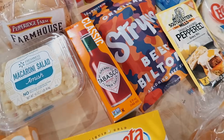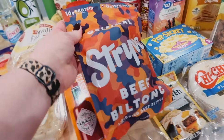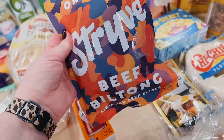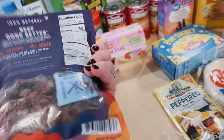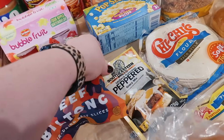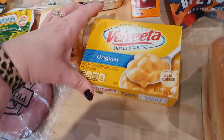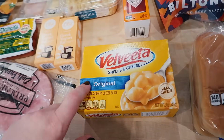Adam asked for some Tabasco sauce, so I got him some of that. And then I also got him some of this beef biltong. I haven't purchased this for a while. This had a $2 off coupon on it, so I thought that was good. But if you like beef jerky, definitely try that. It's really good. I got some pepper gravy for the pantry, and then I did get some shells and cheese to go with